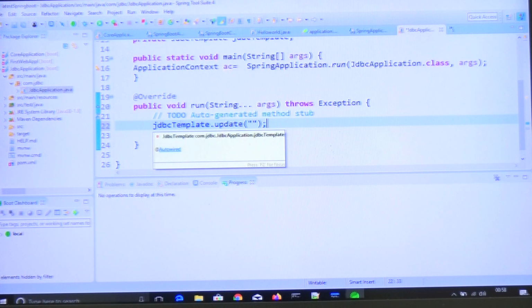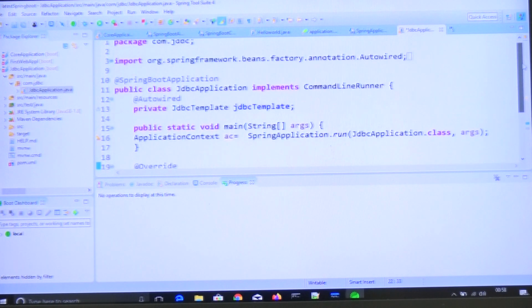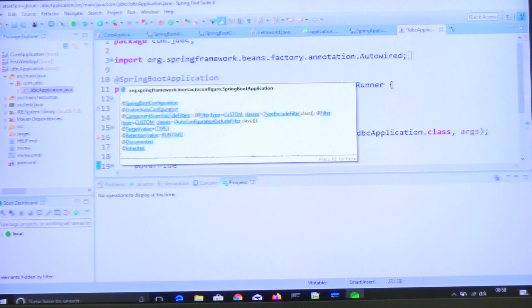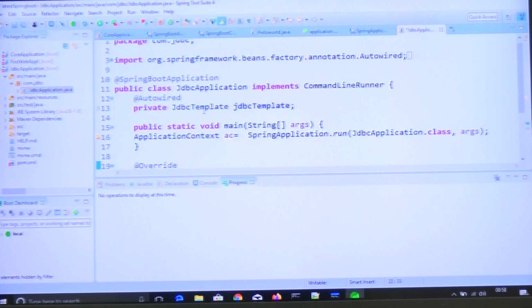Whereas in case of Spring, definitely we have to define a JdbcTemplate bean. Unless we have defined it, we can't get that object as an object type dependency. But here, what is the advantage of Spring Boot? The JdbcTemplate object is already created, so there is no need to define that bean. That is the advantage.